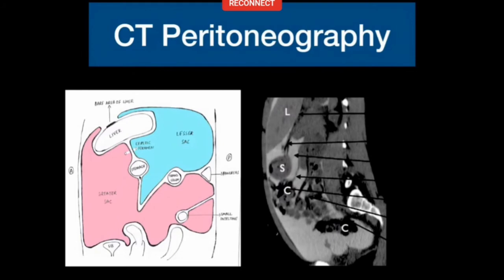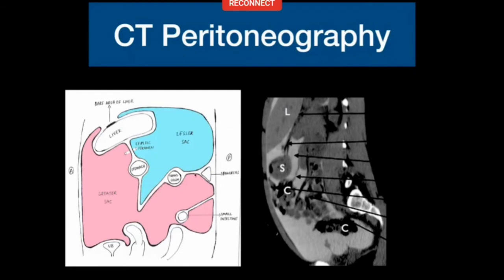Then from the stomach, you have the greater omentum. The greater omentum will hang down and it will form two folds here. From the liver, again you will have a trace which will go downwards. From the stomach, transverse colon, go back, this will form the lesser sac. So you have the greater omentum which has got actually 4 layers. 2 layers coming from the greater sac, 2 layers coming from the lesser sac.